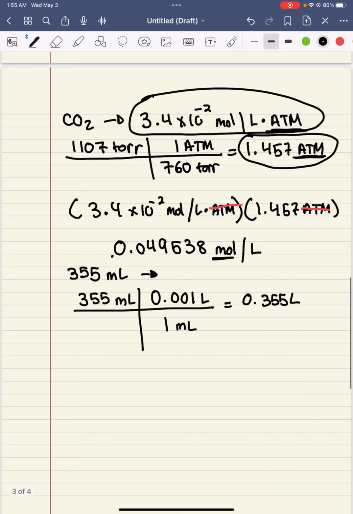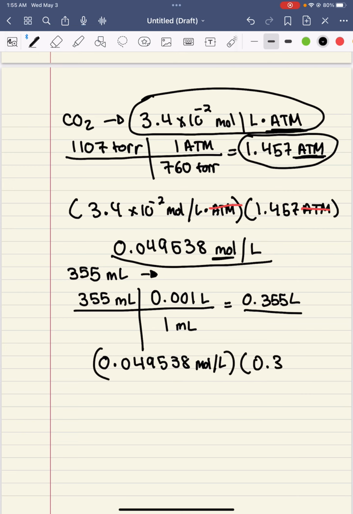So you take this value right here and this value right here and you just multiply them together. So 0.049538 moles per liter